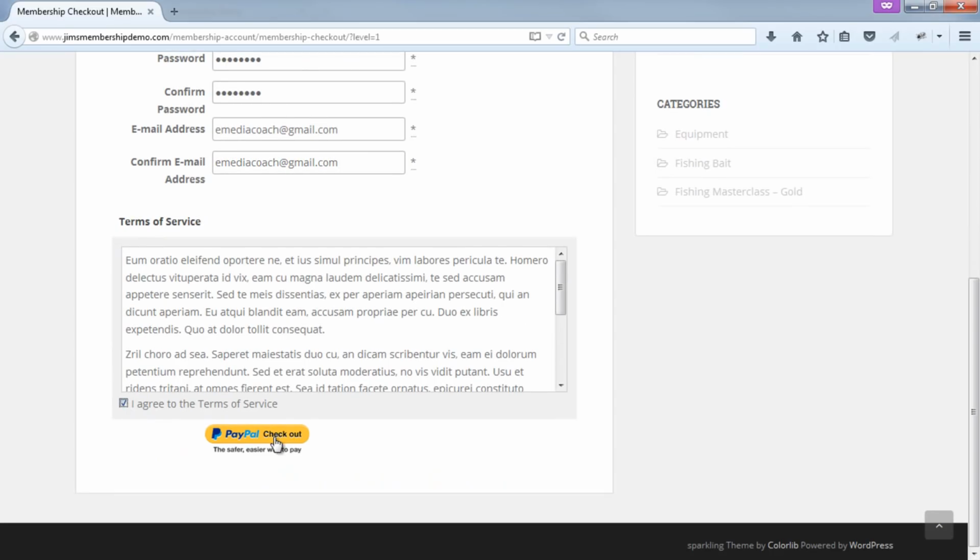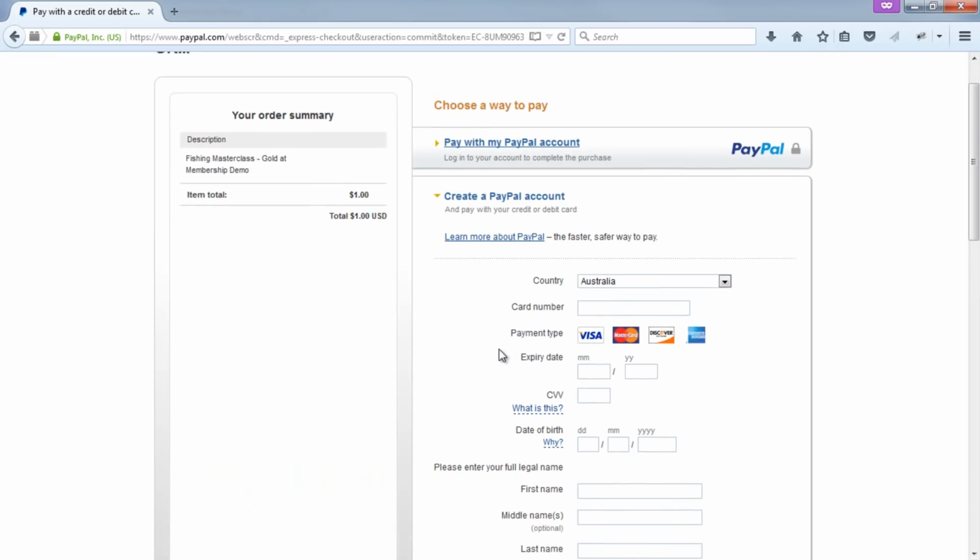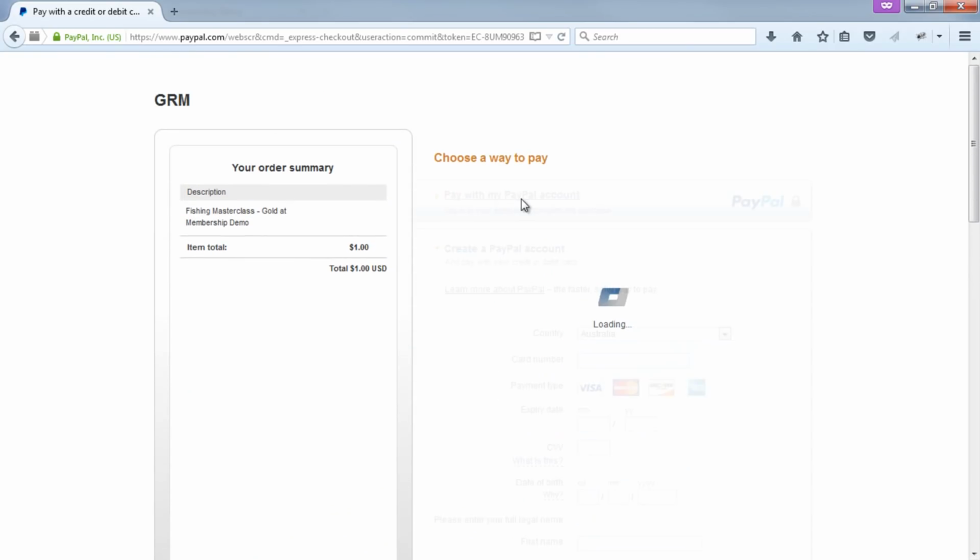And then they'd be able to check out. So they can pay with credit card or they can pay via PayPal.